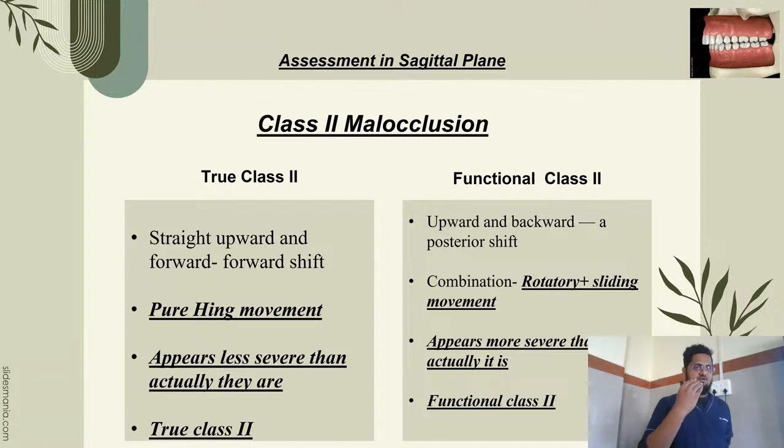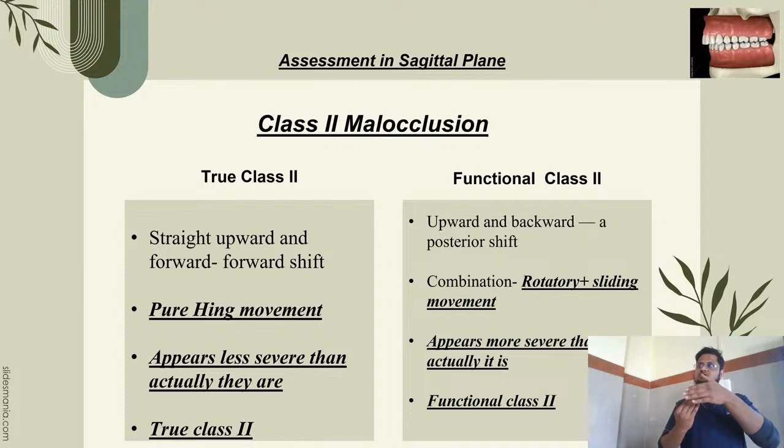That is called a forward shift, and that brings the pure hinge movement in the condyle and appears less severe than the case actually is. These are true class 2 cases, while functional class 2 cases show an upward and backward path of closure of the mandible. That is called a posterior shift, and a combination of rotatory as well as sliding movement of the condyle will be seen, and it appears more severe than it actually is, since the mandible is closing in a more posterior direction,